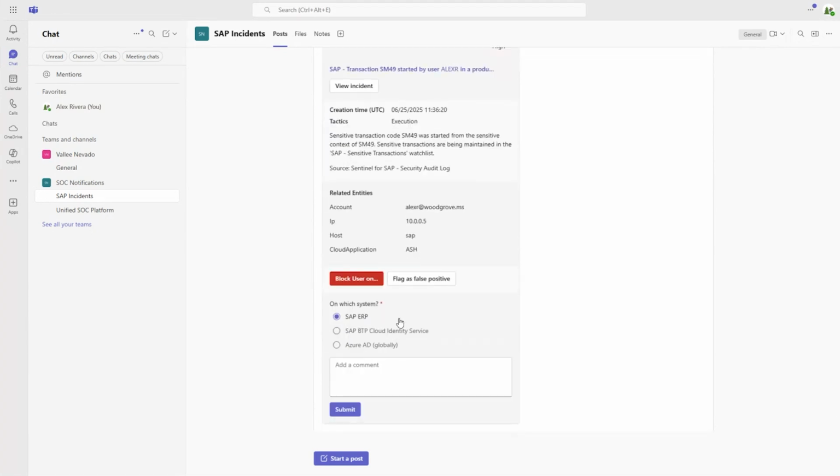So you choose to block on downstream systems. You can choose the ERP and other SAP services, or even Entra ID if you like. And since this playbook has been in use for so long, it even still mentions Azure ID on this label here. Yeah, we know this. And then you basically block a user now and submit. Or what are you doing here with the submit button? Exactly, yeah. You can put in a comment here, which is then fed back to Sentinel to have the trail on what your choice is and why. And when you click submit, actually the SAP backend user gets blocked on this.